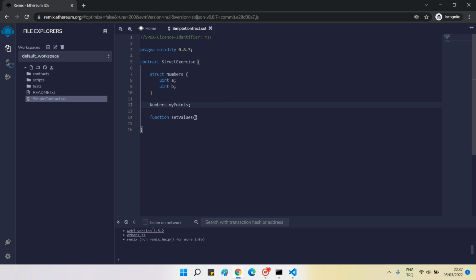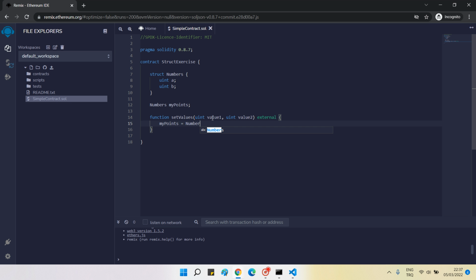So function setValues(uint value1, uint value2), and then I'll say external. It's going to be a write function, and now I will need to say myPoints is equal to,